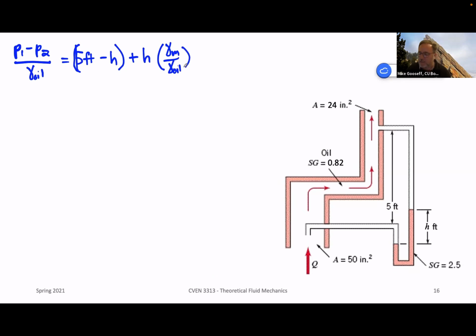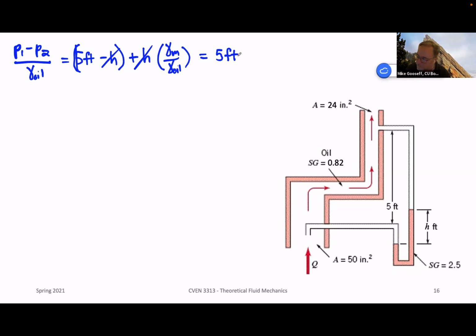Remember, this is basically our manometer equation. Okay. Then we can take this and set it equal to basically 5 feet. The two h's will cancel, right? We're adding one and we're subtracting one. So these two guys go away. So now we have 5 feet